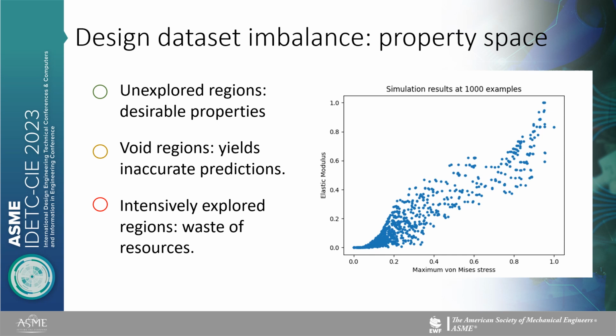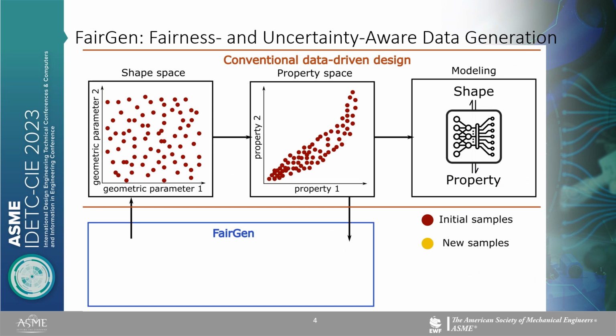Typically, in the property space of a design dataset, there are unexplored regions, void regions, and intensively sampled regions. This is referred to as data imbalance. So we developed this FairGen to mitigate data imbalance in the property space by filling the voids and exploring the